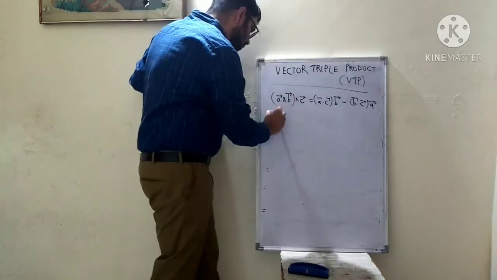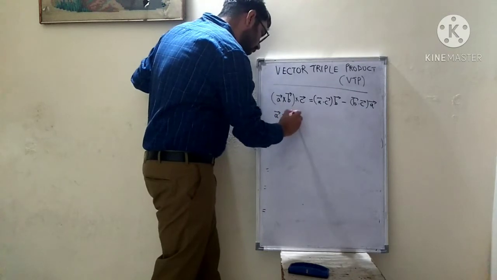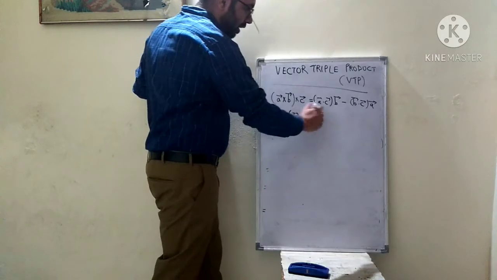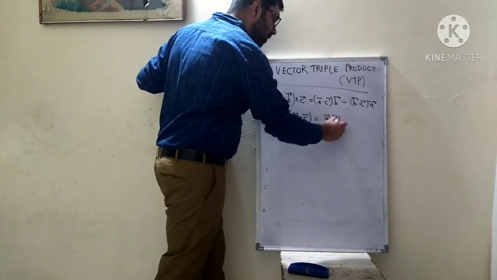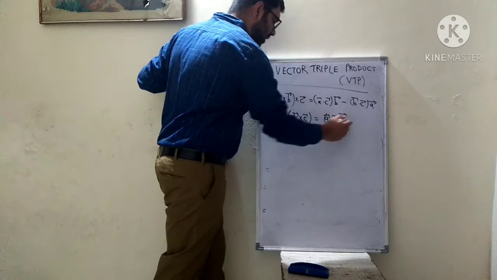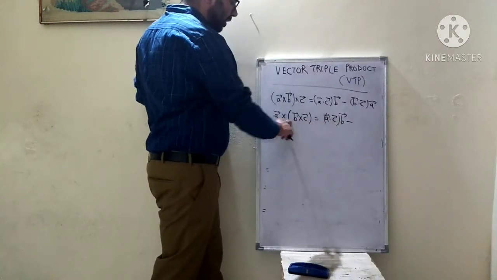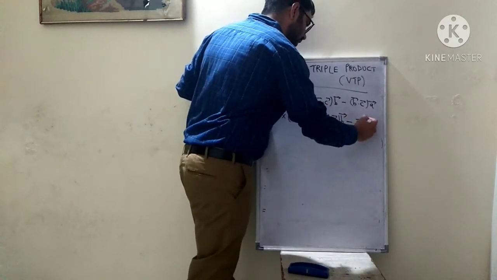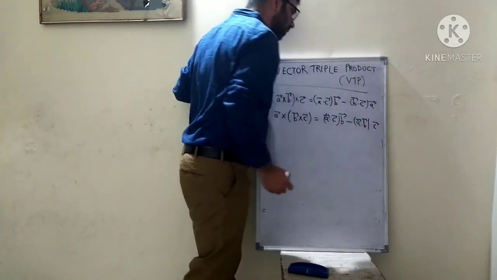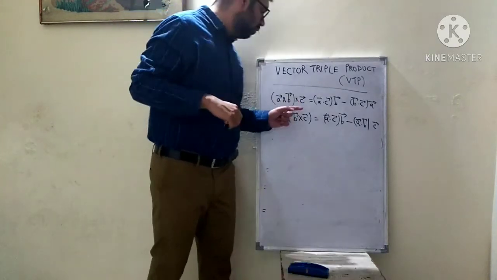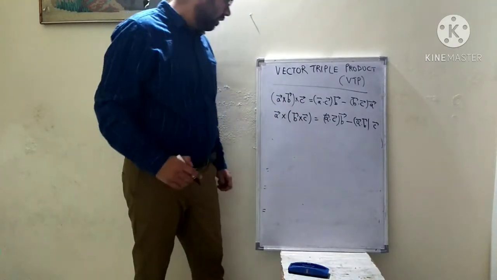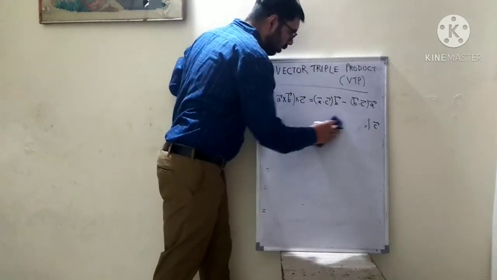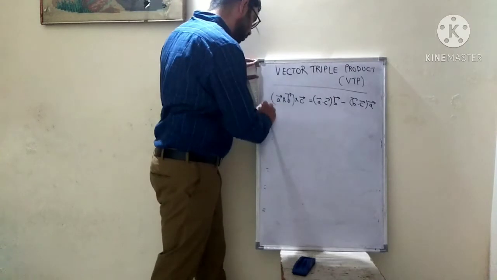Okay, and suppose we had to solve this A cross B cross C, so what will we do in this case? We will take the dot product of A vector and C vector here. So A vector dot C vector times B vector minus, and now we will take the dot of A and B because A is the vector outside here. So minus A dot B times C vector. Okay, so this is an important formula, how to apply the formula for vector triple product. Now I will give you a proof of how we are able to generate this formula.